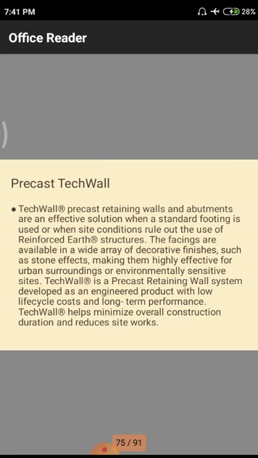And tech walls help to minimize the overall construction duration. Why? Because all those are precasted in the industry. We simply take those units and assemble them as a single unit. Suppose the length of the structure is very large; then we take n number of members, and those n number of members are attached as a single unit of the wall, and it reduces the site works.